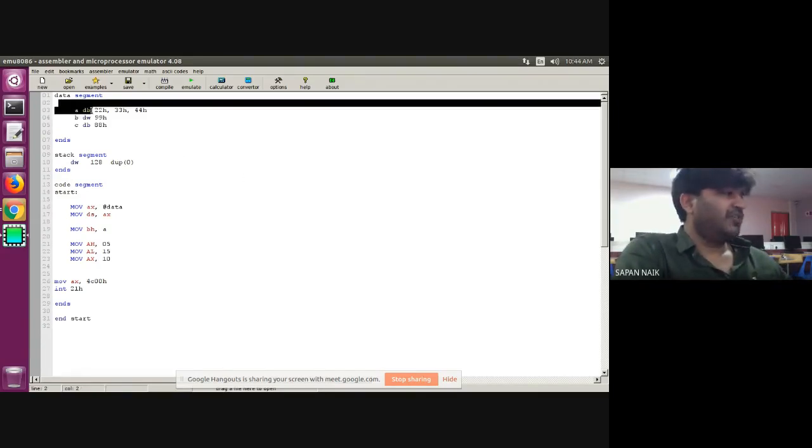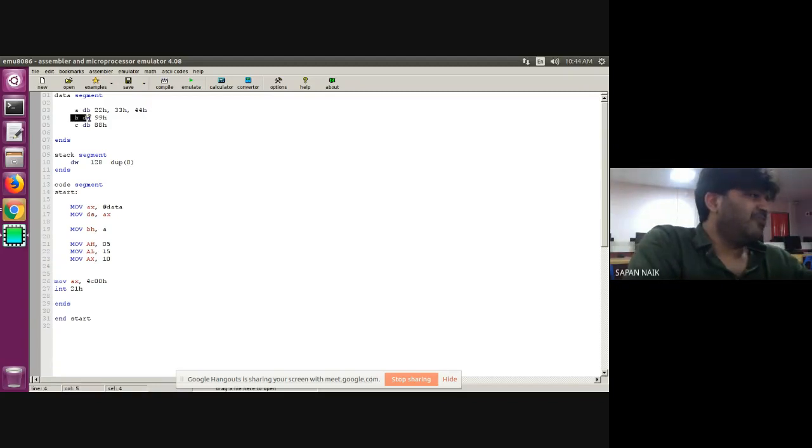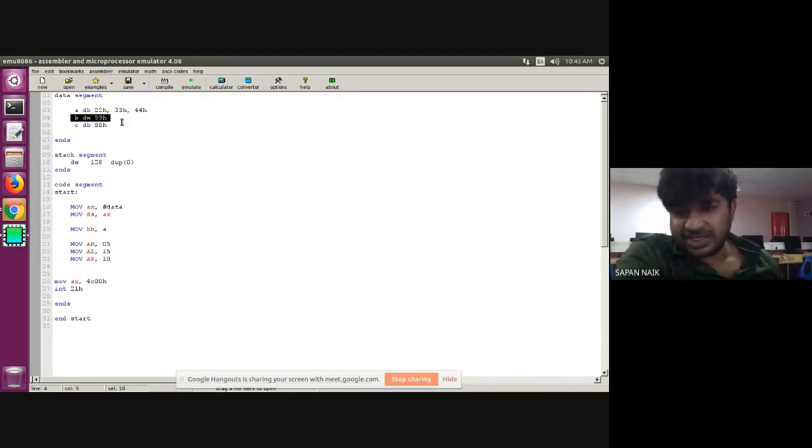Yes. So this is how your data is stored in data segment. Each box in memory is of 8-bit data. So whatever is stored in 8-bit is occupying one memory location. If it is a 16-bit operation, you need to occupy 2 boxes in memory. If it is 8-bit operation, you need to occupy 1 box. Make this thing clear. Sir, difference between DB and DW. DB is occupying 8-bit only. DW is occupying 16-bit. As you can see, my variable B is 99H. B DW 99. Though it is 8-bit operation, still it occupies 16 bit.